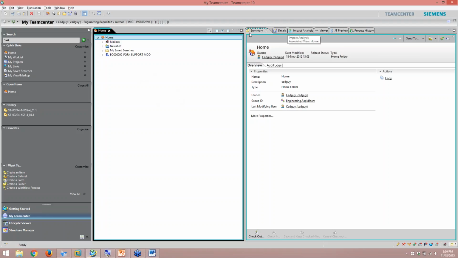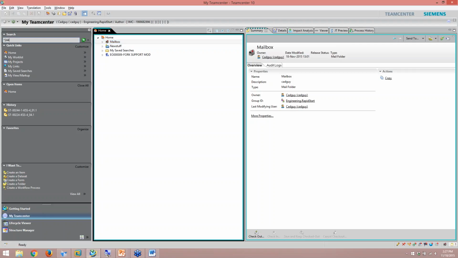Your summary, all these tabs over here, these are your display tabs. This generates information for anything I have selected in my home tab. My display tabs will show me any kind of information that I have selected over here. So if I select my mailbox and go to my summary, it's going to give me information about my mailbox. If I want to get some quick info, I select it in my home and manipulate each one of these display tabs to get more information.